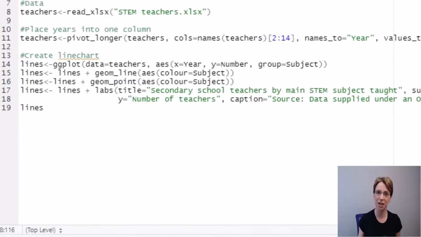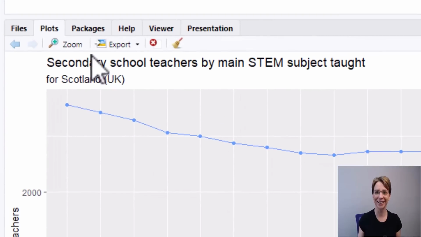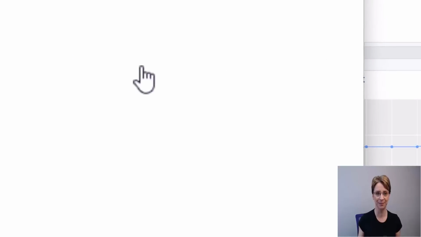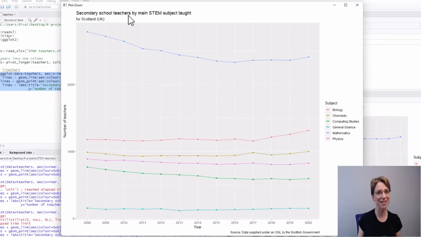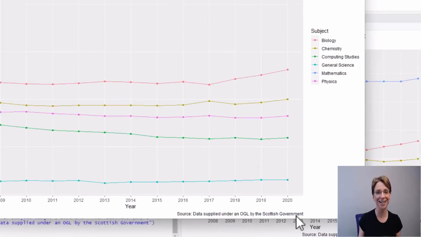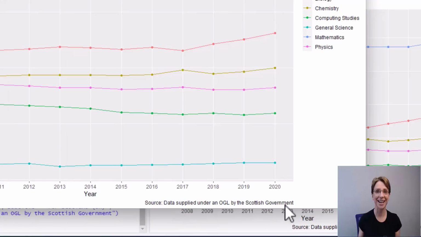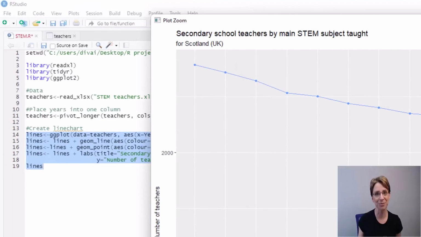If I now run my lines code again, and if I click zoom to see a larger view of the diagram, the title has appeared, the subtitle has appeared, the number of teachers on the y-axis has appeared, and at the bottom I have a caption. The next step I will take is to make a few changes to the theme of the diagram. So if I go back to my R script,